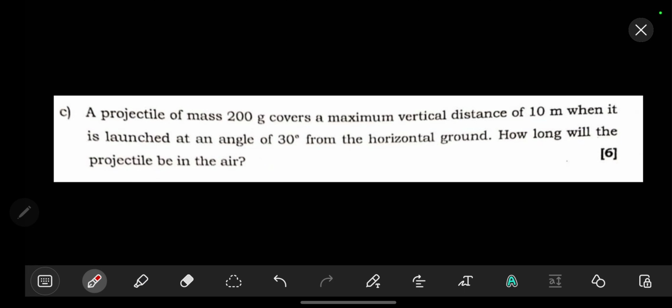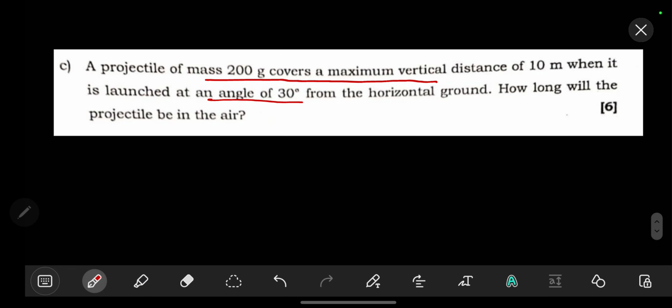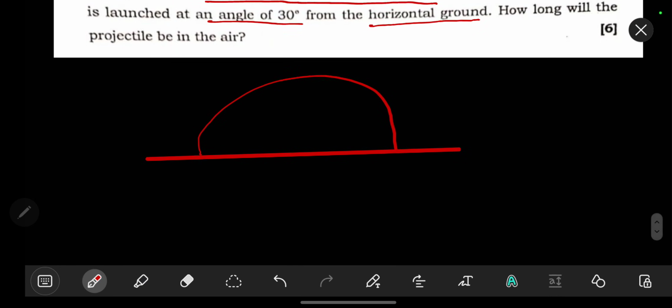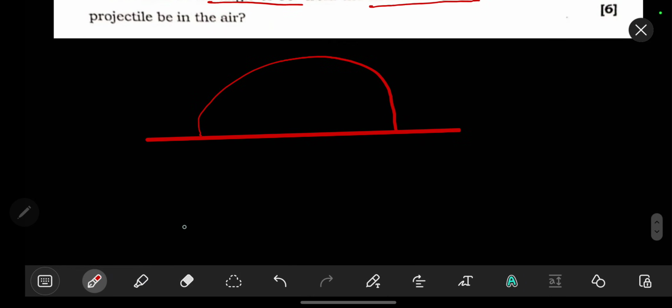So provided that a projectile of mass 200 covers a maximum vertical distance of 10 meters, meaning that's the height, when it is launched at an angle of 30 degrees from the horizontal ground, how long will the projectile be in the air? It means to say we have a symmetrical type of diagram when they say horizontal ground like that. So, to find the height,